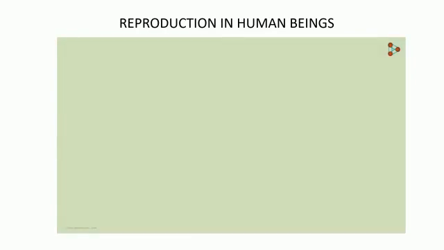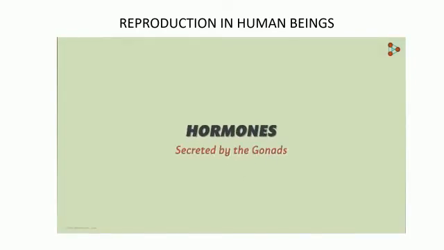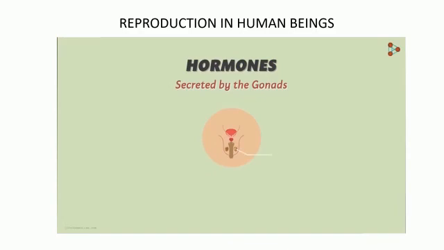But do you know what exactly makes these secondary sexual characters develop during puberty? These characters are all thanks to the hormones secreted by the gonads. Yes, hormones are the most important players in this process. The male gonads called testes secrete the male sex hormone called testosterone. This is responsible for not only the development of the reproductive tissues, but also for the development of the secondary